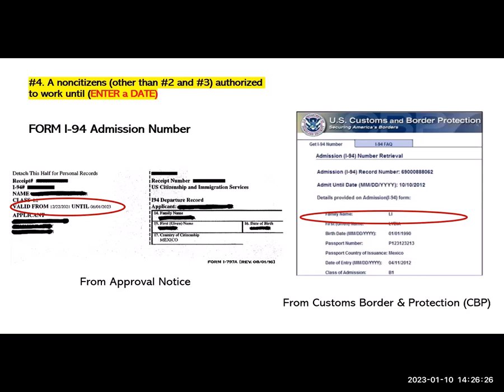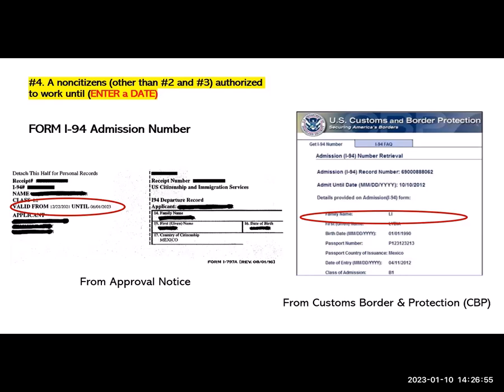The one to the left appears at the bottom of an approval notice. So someone, for example, that is on H-1B status, when the H-1B status is renewed via USCIS, at the bottom of their approval notice, they get this I-94 card that basically provides their work authorization. So what it says, valid from until, those are the dates that they're authorized to work in the United States